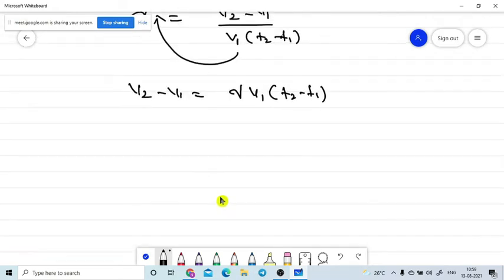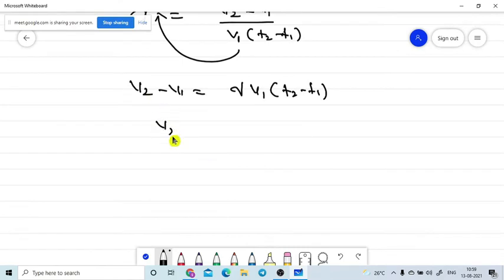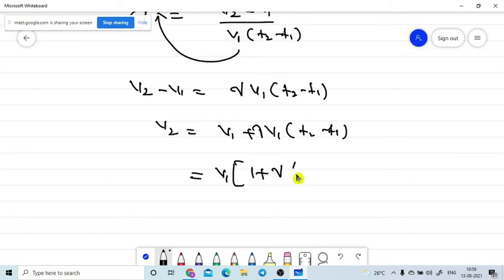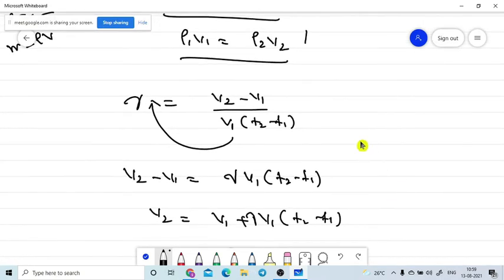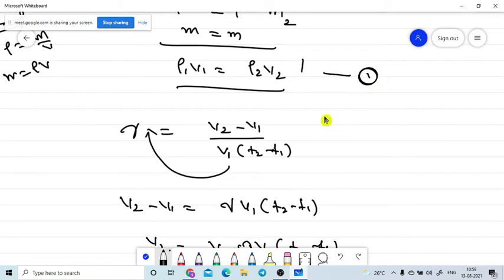Correct only, na? Now our goal is to find out the V2 value. Therefore V2 is equal to V1 plus gamma into V1 into T2 minus T1. Taking out the V1 term, that is equal to V1 times 1 plus gamma into T2 minus T1. So here the V2 term is there. Will you please look above, we need a V2 value. Shall we bring the V2 value from equation number 1? Let it be equation number 1. So V2 is equal to, from this equation,